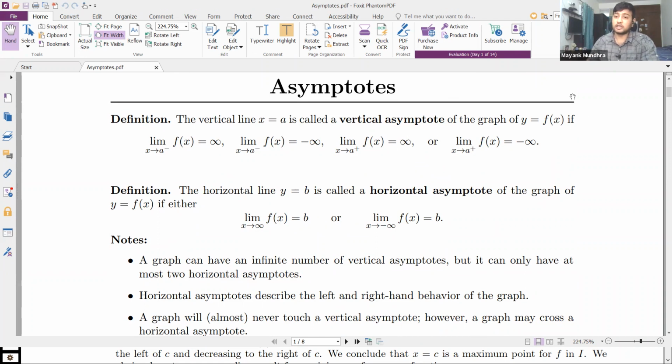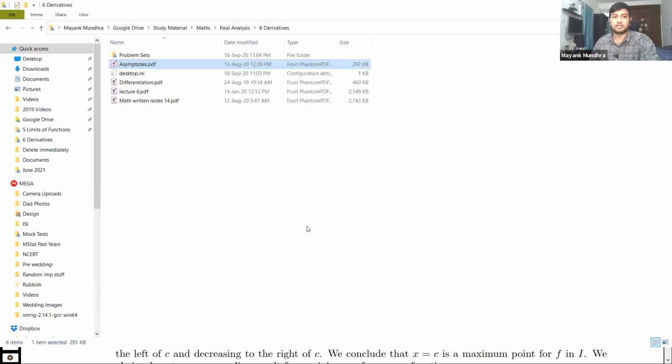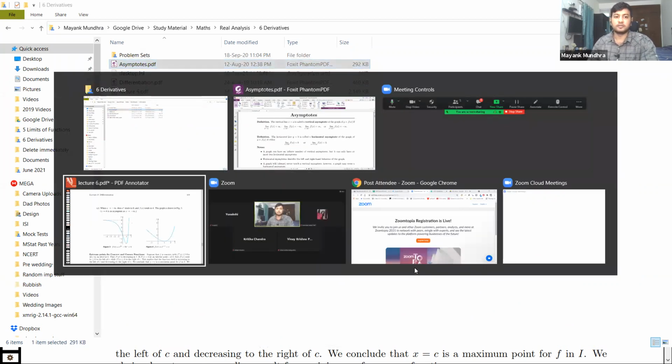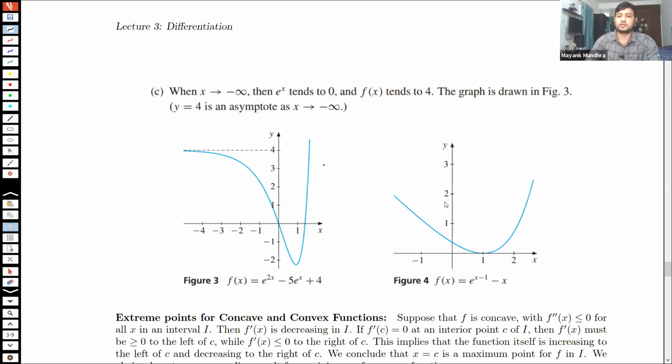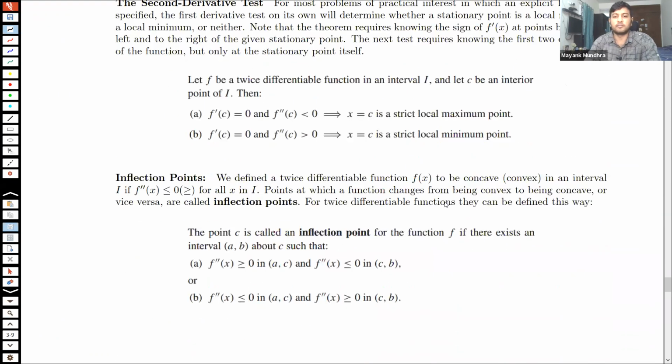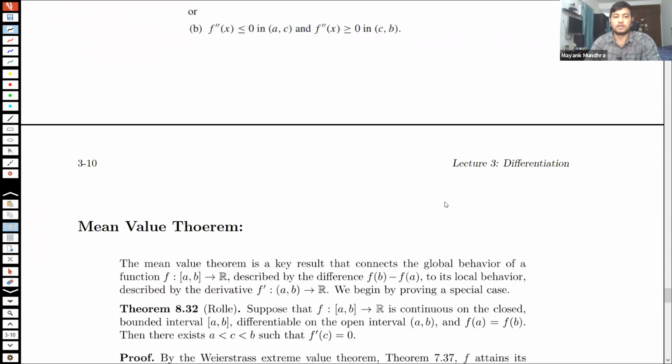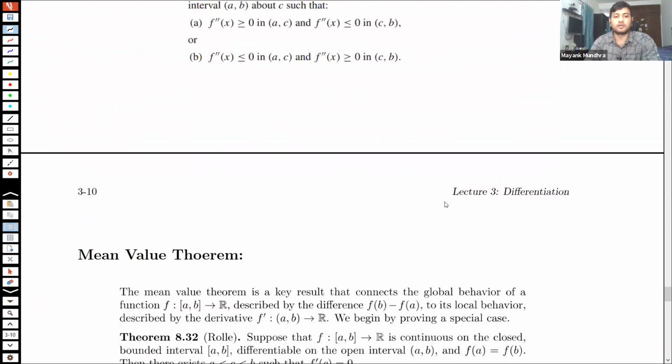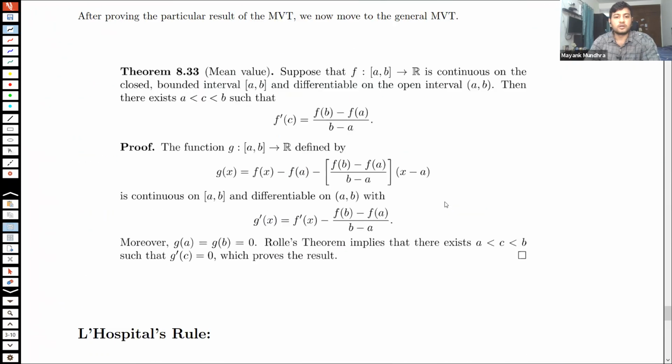Asymptote, strictly speaking, is not in our syllabus, but sometimes it becomes interesting to know them. So if you go through it, maybe you'll come across something which is interesting. As I said, if you go through it and you have any doubts, I'll be happy to handle it. Otherwise, I don't think it's worth that much time. But yeah, you need to know it. If you've not read about it, then you definitely need to know it.